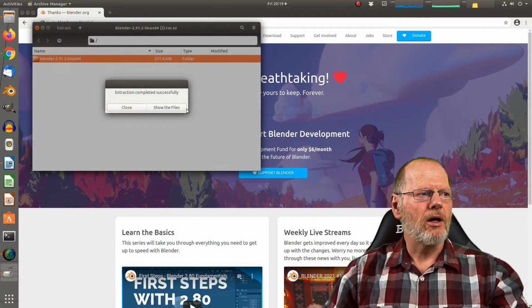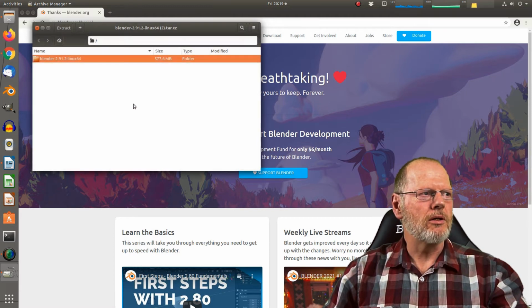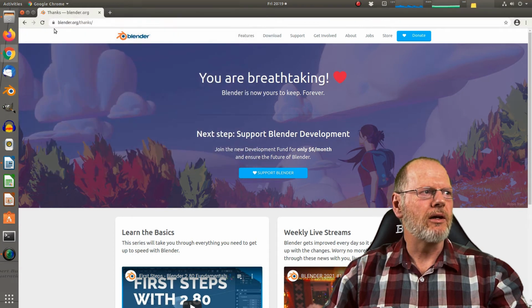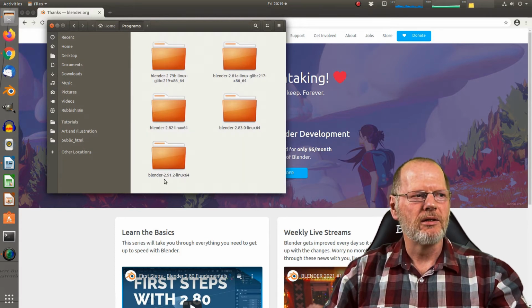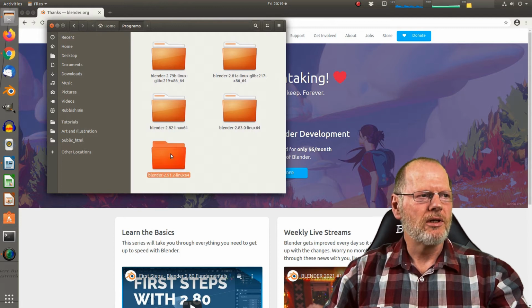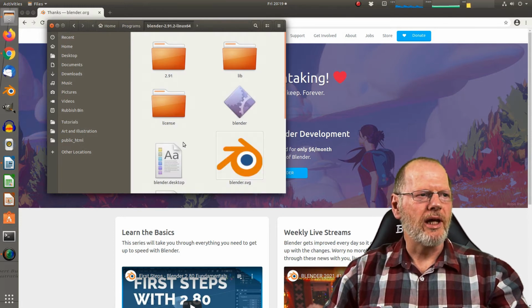It extracts the archive and it's ready to use. So if we just shut that down, and I'll open the Home Programs folder, and you can see there's now a Blender 2.91 to point to. So it's been a couple of minor updates to it since its initial release. Click on that and it takes you, and then double click on the loader,